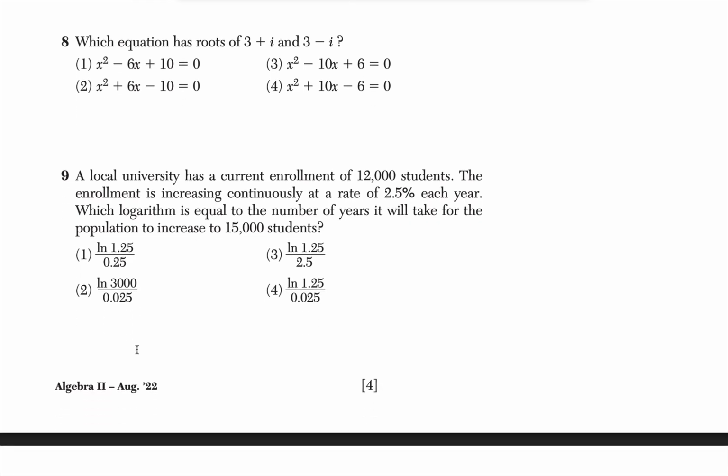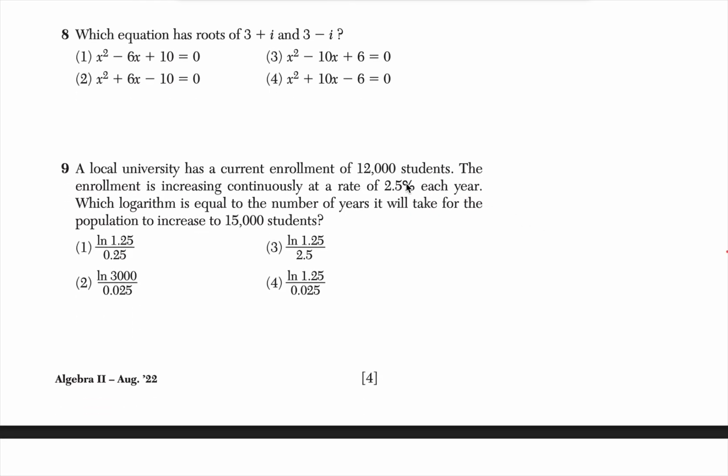Number 8, I think, was a tough one. Here, which equation has the roots of 3 plus i and 3 minus i? My hint for this one, and this is just how I thought of it, was that if I know something has imaginary roots, I know that my discriminant in the quadratic formula has to be negative. So I know that my b squared minus 4ac,